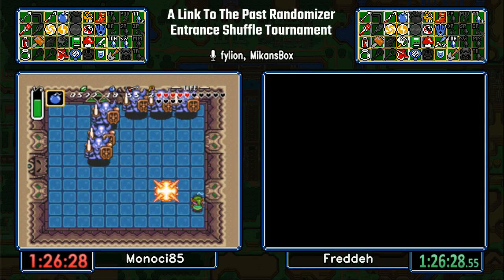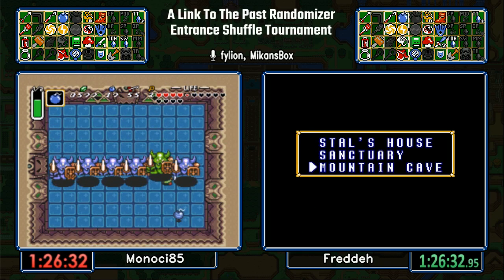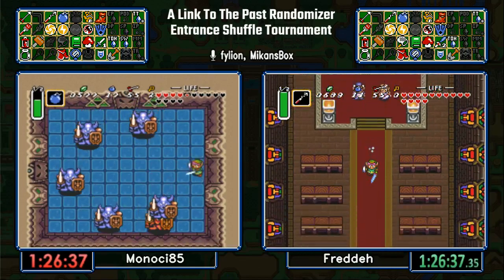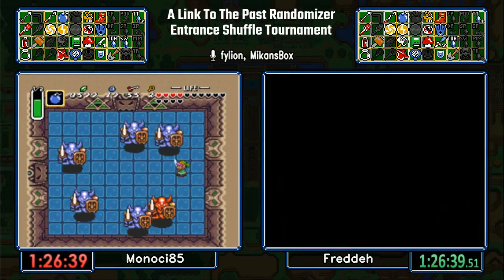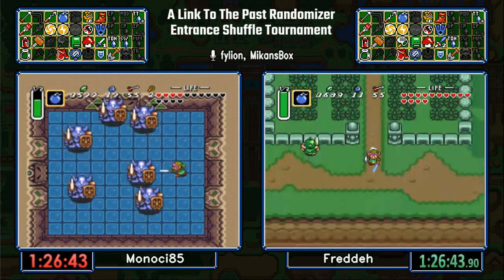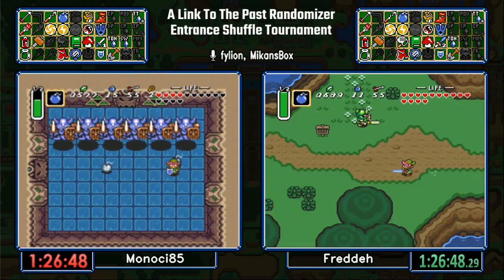So, where does Freddeh head to now? I think Mono, with Mono's knowledge, you'd head up and check not only the Ether tablet, but also the Bombos tablet. But without that knowledge, I guess he can do the Swamp Palace. Could go check King's Tomb, but...